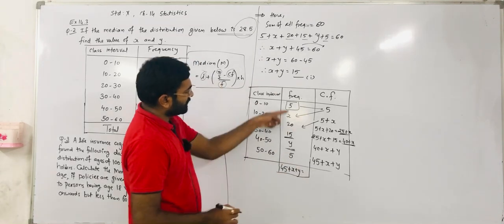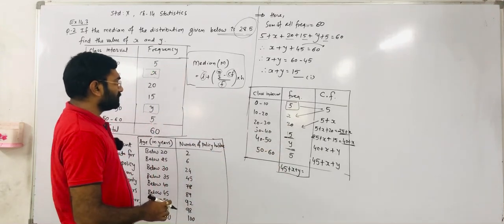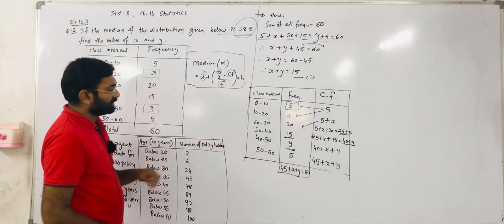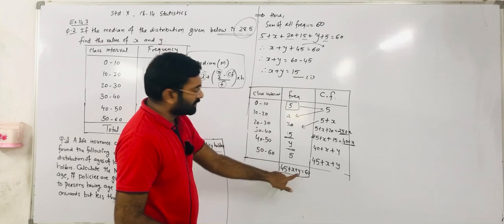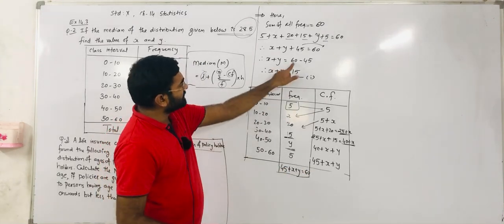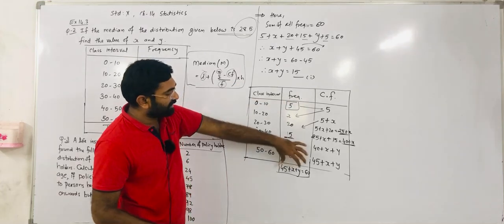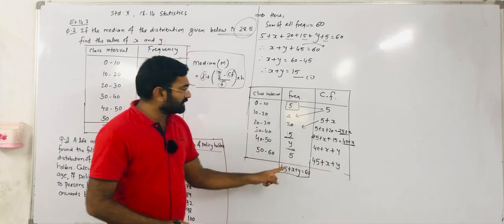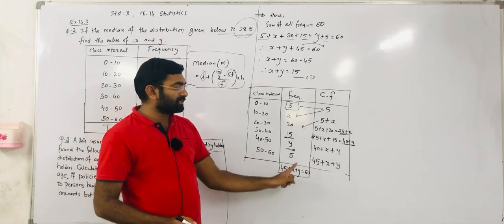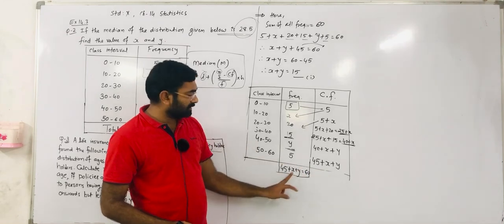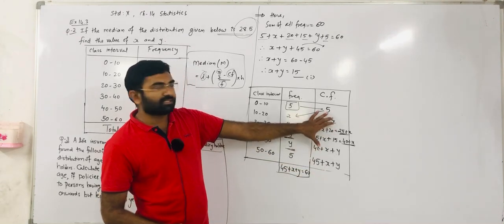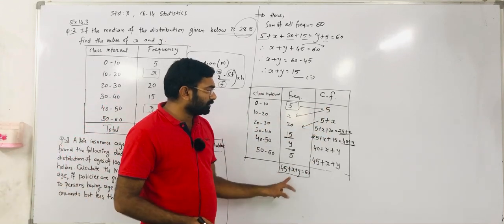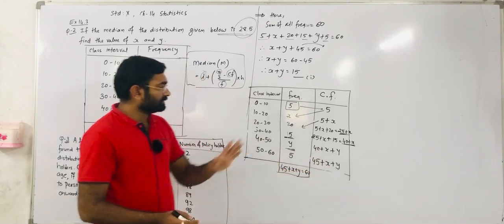As per the question, the sum of all frequencies is given as 60. So you get that equation from here also. The 45 goes to the right-hand side, 60 minus 45, so you get the first equation from here also. But remember, that value 45 plus x plus y must be the same in both places. If you are not getting 45 plus x plus y here, then you have made a mistake in the upper classes' cumulative frequencies. Remember, those two values must be the same.